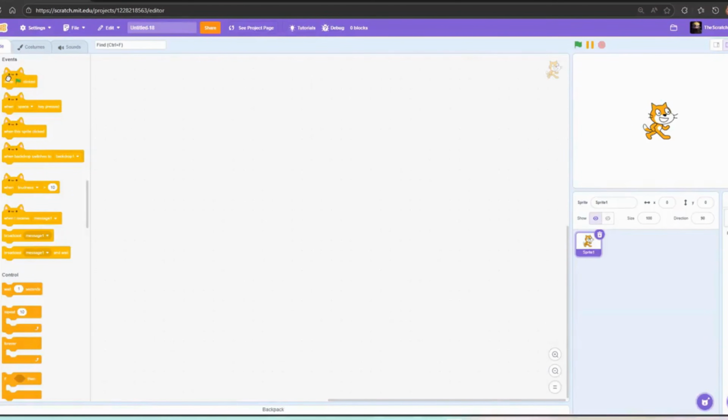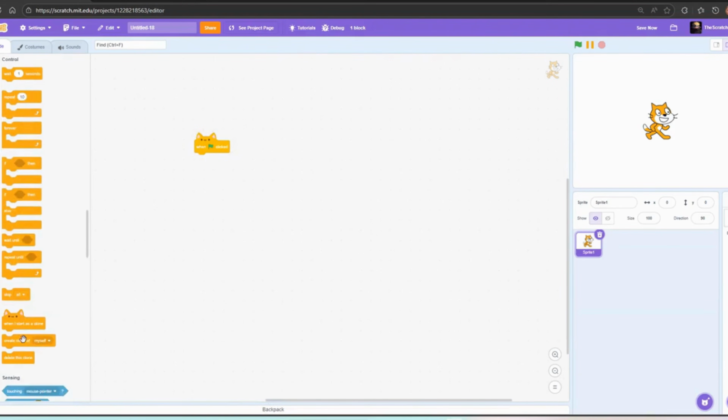Now for this first glitch, do when green flag clicked, create clone of myself. And then do when I start as a clone, create clone of myself, delete this clone. Now these 3 blocks are together, but do not put them together, because now if you press the green flag, your whole computer will crash. You can test this out, but I'm not going to test that out because I don't want my computer to